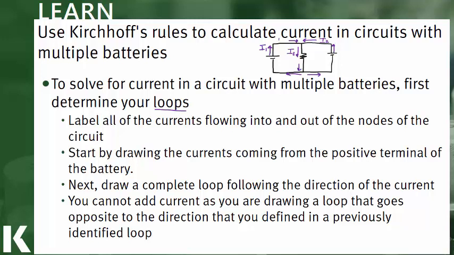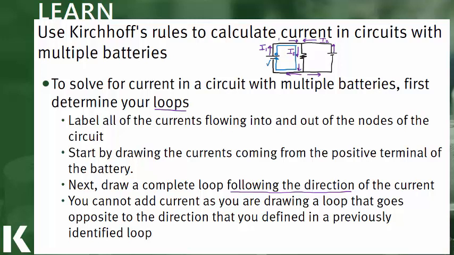Now we have to draw a complete loop, and this must always follow the direction of the current. We'll look at two different loops. So the first loop we're going to draw will be coming from our positive terminal of the battery. Notice we are going in the same direction as the current. Come down that node and come back. So at every point in this loop, we are going in the same direction of the current, so this would